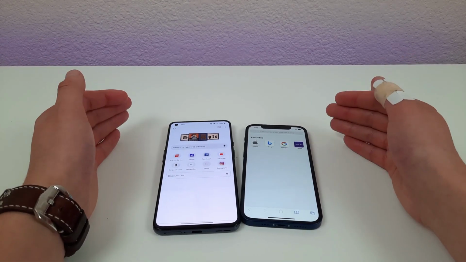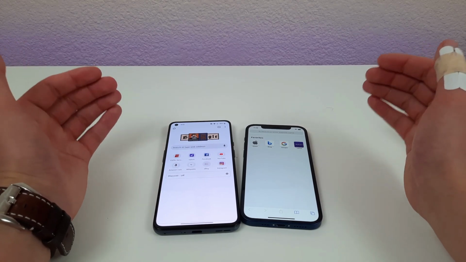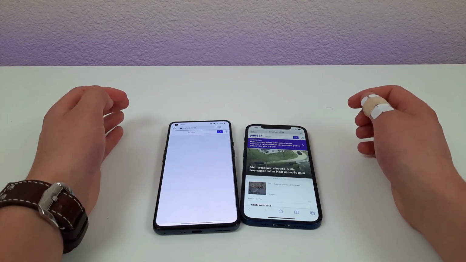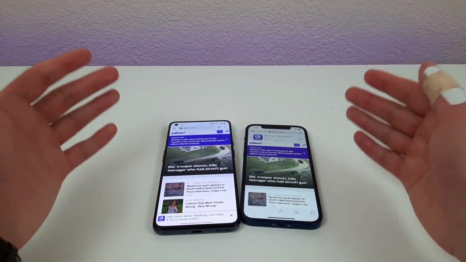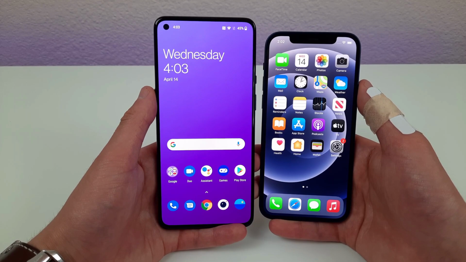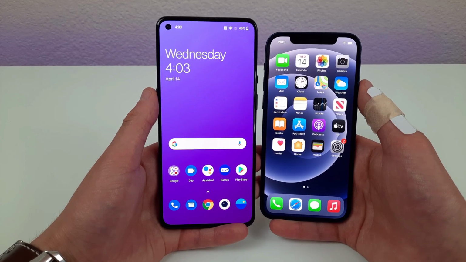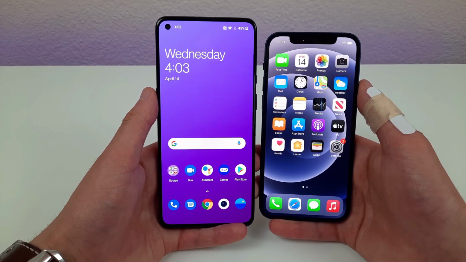So we're gonna try web page, and this is really gonna show us what kind of difference in performance we have. So that was really close. Overall, I would say the iPhone's maybe a tiny bit faster, but as you could see there, the difference in speed between the phones was so small that I don't think that it's enough to really make a decision based